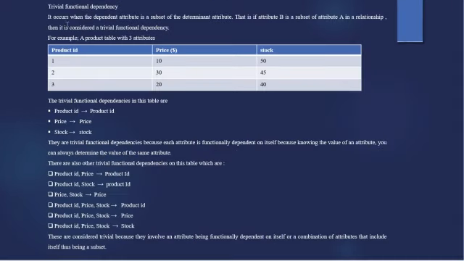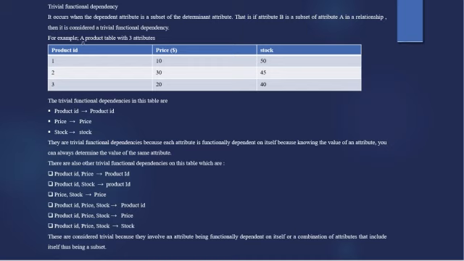Trivial functional dependence. A trivial functional dependence is the opposite of a non-trivial functional dependence. By knowing the non-trivial dependence, we can also know the trivial functional dependence, because vice versa is true. A trivial functional dependence occurs when the dependent attribute is a subset of the determinant attribute. That is, if attribute B is a subset of attribute A in a relationship, then it is considered a trivial functional